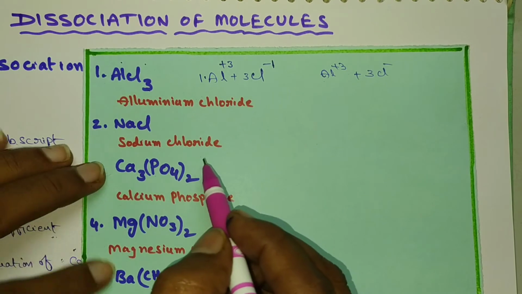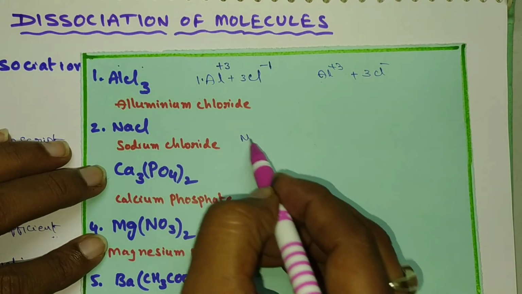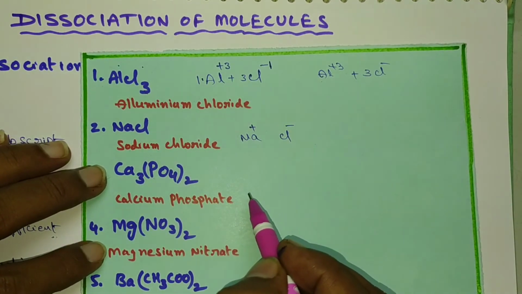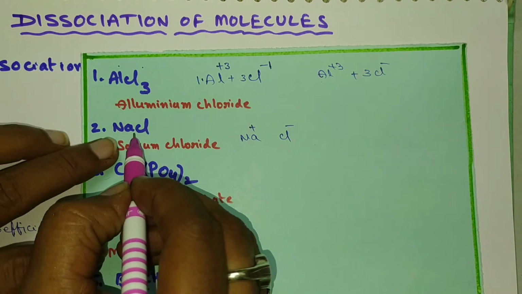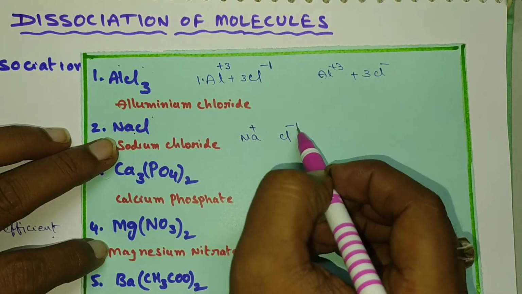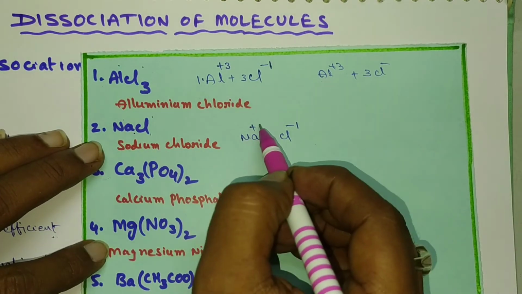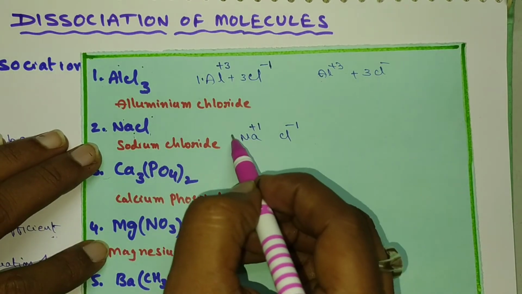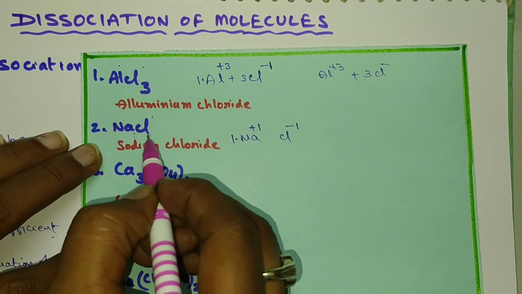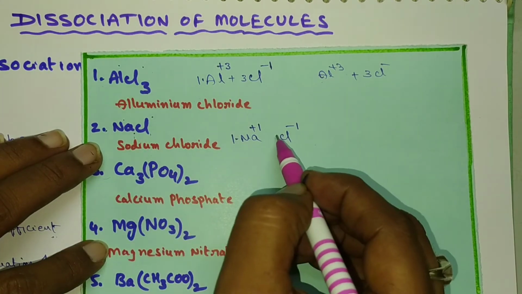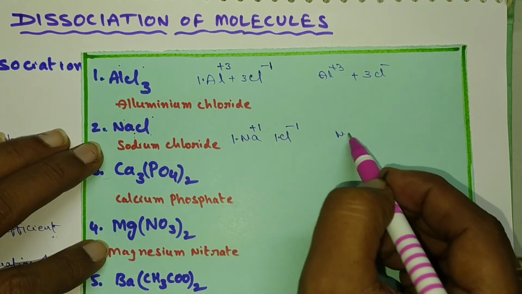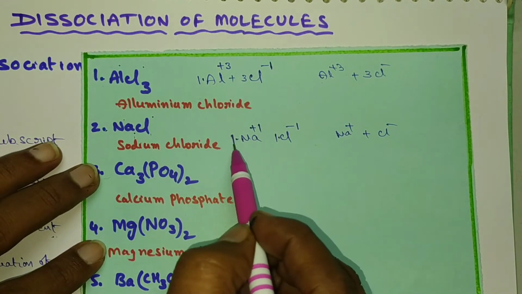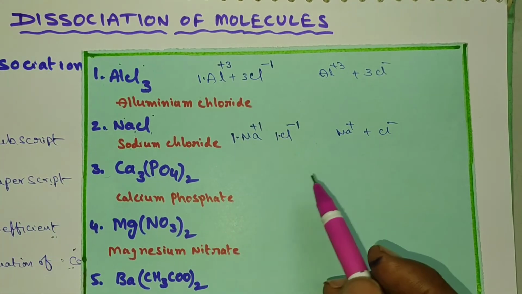And next, sodium chloride. In the case of sodium chloride, the first one is Na, the second one is Cl. First one is cation, second one is anion. Now here the subscript is 1. 1 becomes the superscript for this one, so minus 1. Here also the subscript is 1. 1 becomes the superscript here. And 1 is the subscript, this will become the coefficient, so 1 into. Here also the subscript 1 is there. This will become the coefficient for chloride ion. So here also 1. So that means it will become Na+ plus Cl-. Simply, we should not mention 1 anywhere.